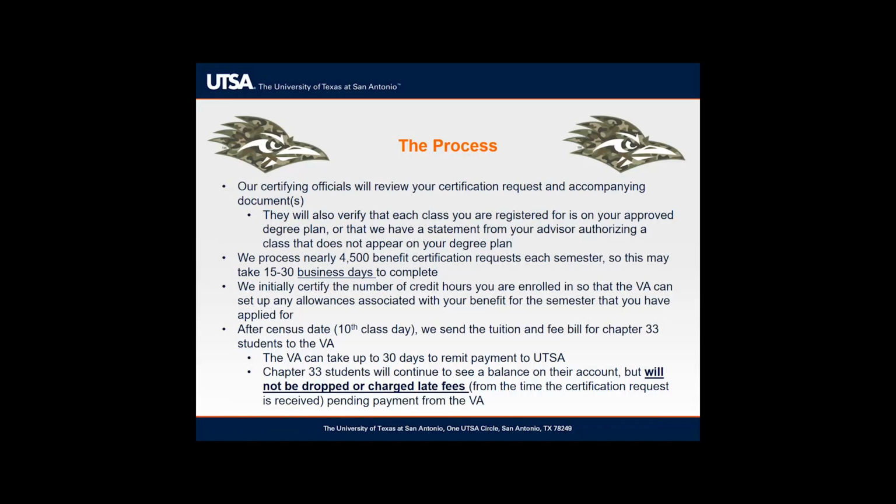The following is the process that takes place once you've turned in your certification request form. First, a UTSA certifying official will review your certification request and accompanying documents. They will also verify that each class you're registered for is on your approved degree plan, or that we have a statement from your advisor authorizing a class that does not appear on your degree plan. We process nearly 4,500 benefit certification requests each semester, so this part of the process may take 15 to 30